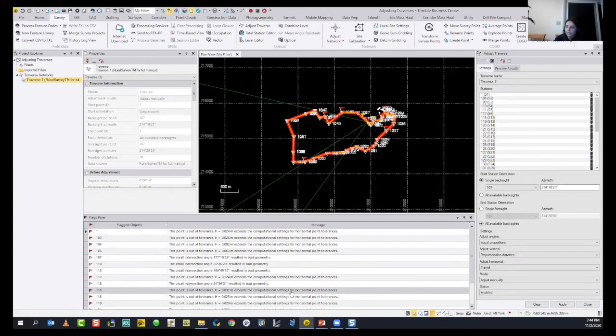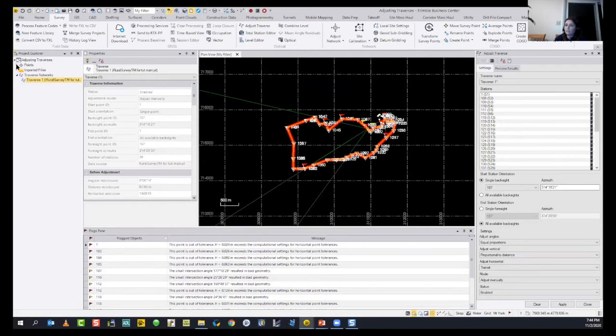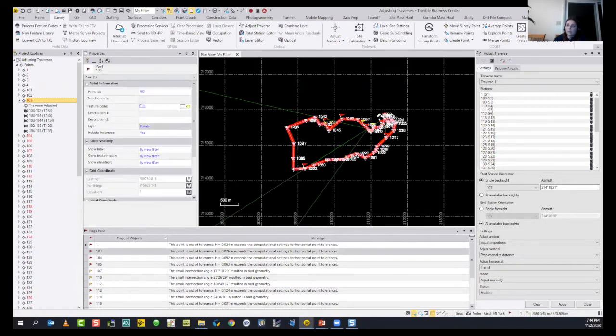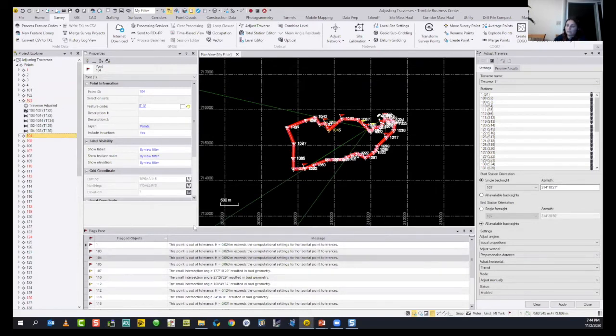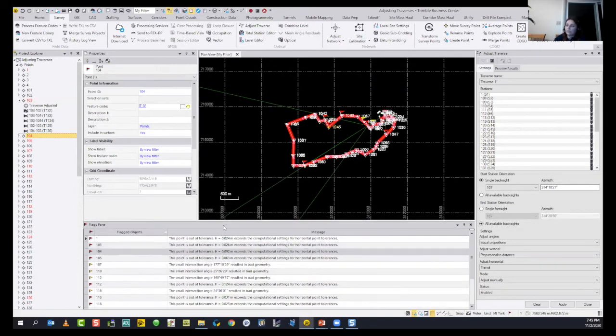So you can manipulate your results and get rid of those flags, changing the tolerances over the project settings. All right, so you can display your points, change the tolerances and apply, and come back to adjusting traverse and reapply it.